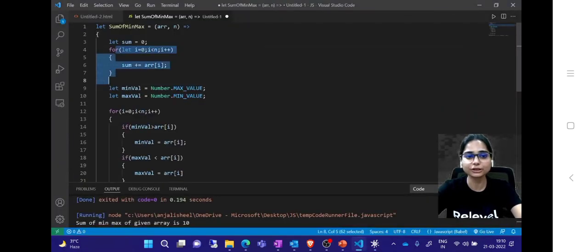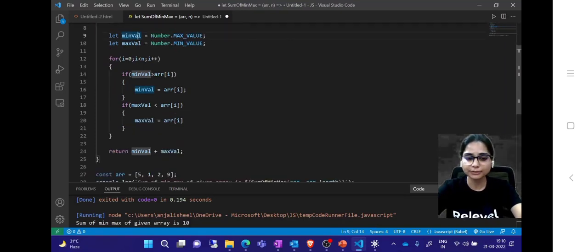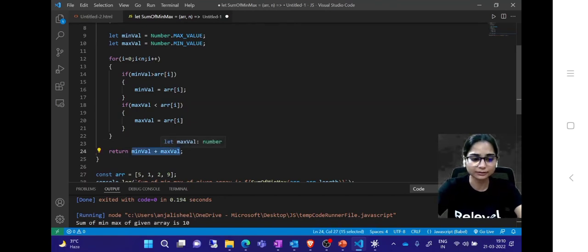This one is doing the sum part. This one is doing the minimum and maximum part. What you have to do is, let us say, just print some statement here. So here we can say max sum of